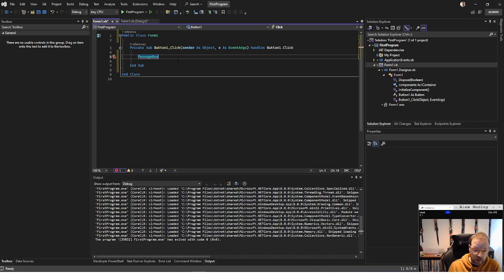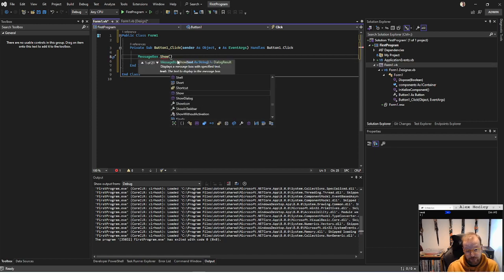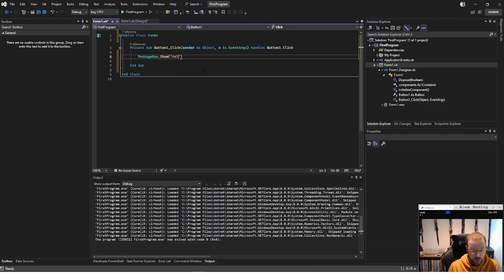Now the MessageBox class has some functions available to it. One of them is Show. So as you can see, we have IntelliSense, and it's telling us that Show has an input of a string called text, and it displays a message box with the specified text. So if we put in hello world,